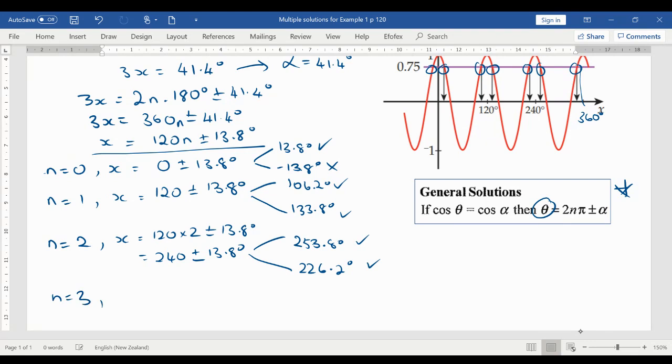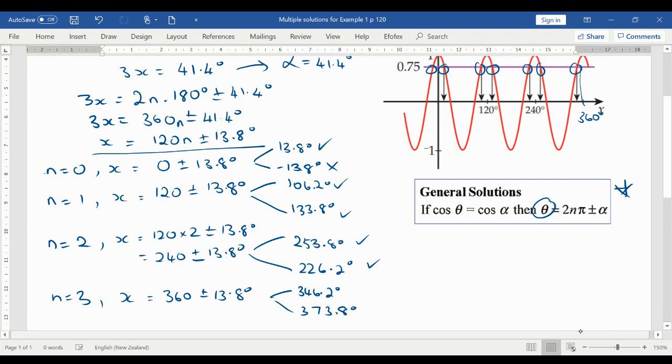So you do n is 3, do exactly the same thing, and you're going to generate some more answers. So that would be 120 times 3, which is 360, plus or minus 13.8 degrees, and you will generate 2 answers. One will be bigger than 360. So if you do 360 plus that, it'll give you 373.8 degrees, and that's bigger than 360, so you don't want that one. So these are the 6 answers that you get. Make sure you write your answer as the solutions are x equals 13.8 degrees, 106.2 degrees, 133.8 degrees, 2